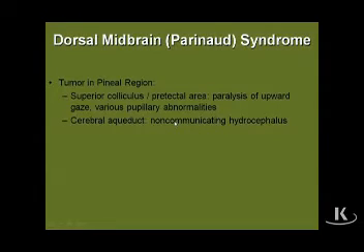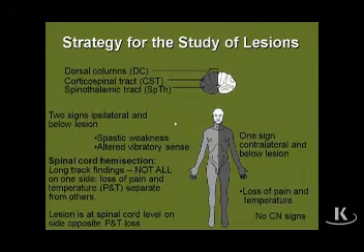When a pineal tumor compresses the area in, at, or adjacent to the superior colliculus, again, there's going to be a weakness of vertical conjugate gaze, a slightly suppressed pupillary light reflex, and because of the compression of the cerebral aqueduct, a non-communicating hydrocephalus. Now, good place to summarize lesion strategy for brainstem, which we've just completed, but also comparing